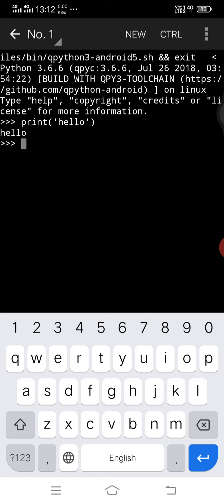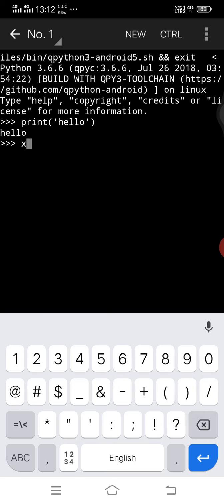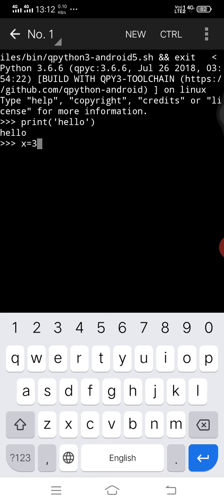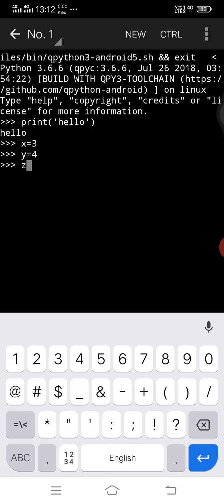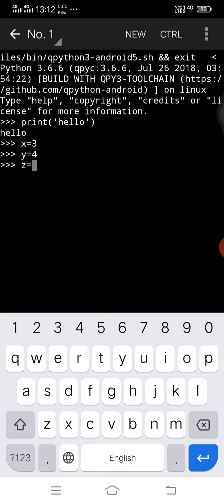Similarly, if you want to add two numbers, for example x is equal to 3 and y is equal to 4, and you want to display the result of addition of these two numbers, then for example z is equal to x plus y, we are adding two values x and y, then the output will be displayed on the screen. The value of z is 7. I think you have got how to run a program by using console.